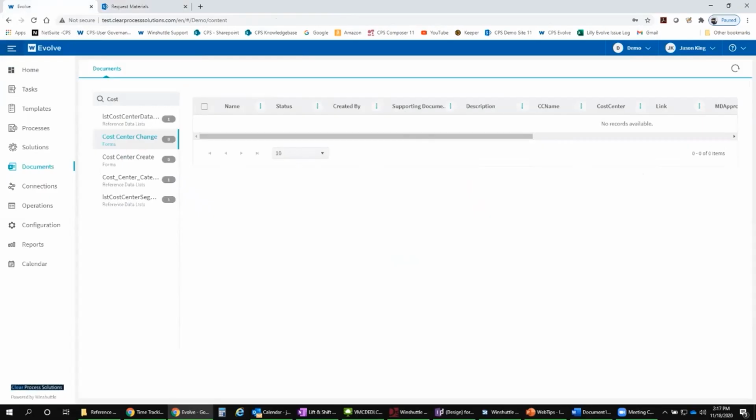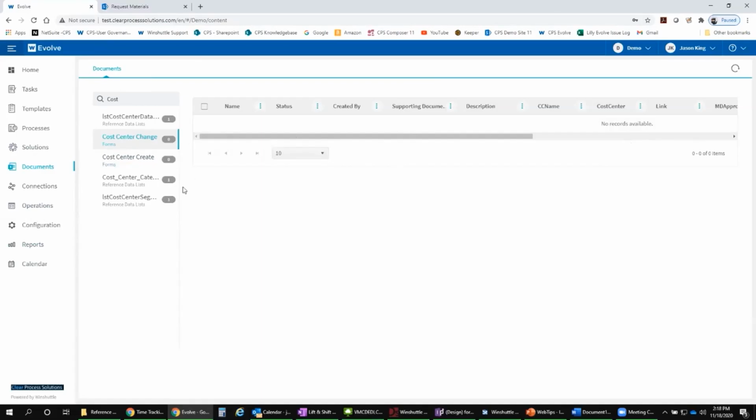Again, SharePoint libraries are now called solution data libraries. And as I mentioned, form sites are now apps. And those are just some key differences. The things where SharePoint was the underlying platform are now in Evolve no longer using SharePoint. So I just wanted to do a quick jump around to show some of those different kinds of things. But probably the biggest one, and one of the most important, is